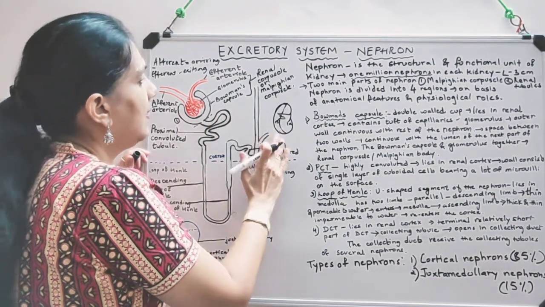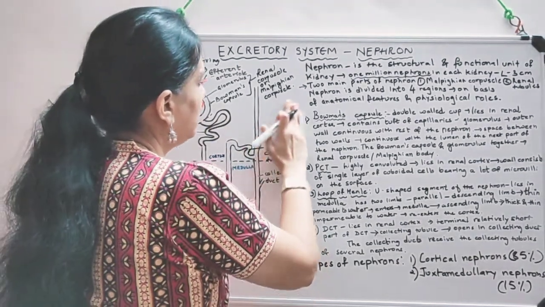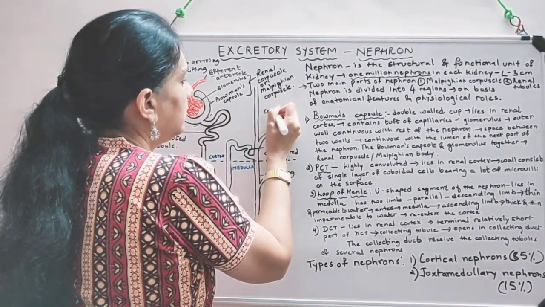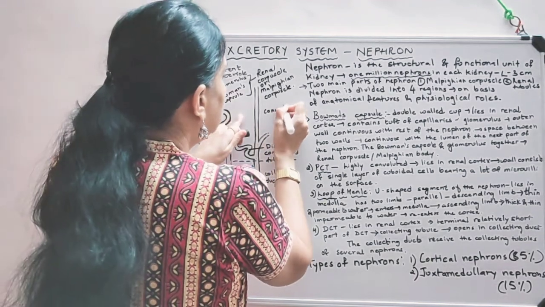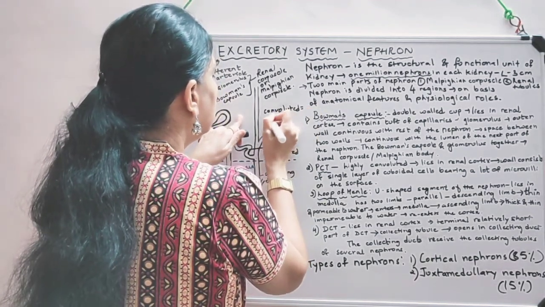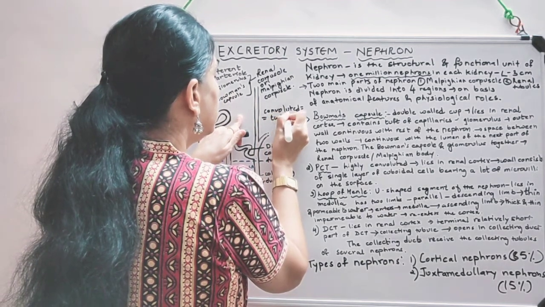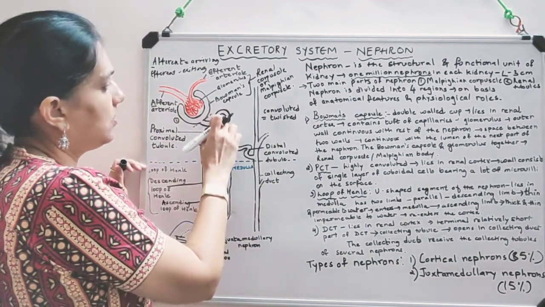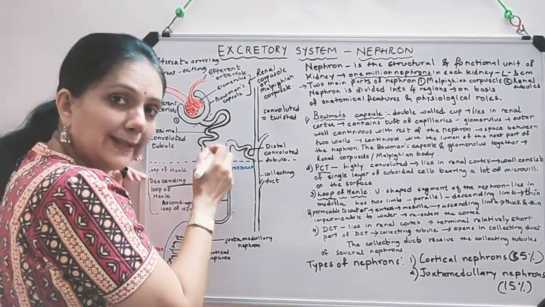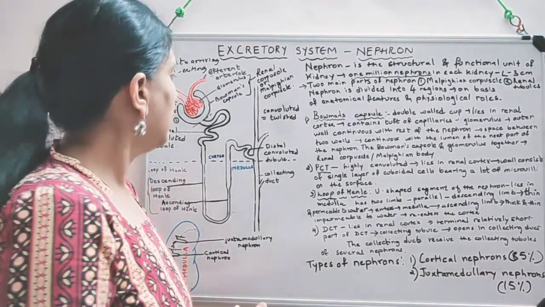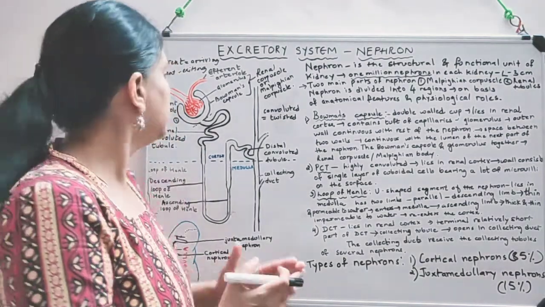So I am writing over here. Convoluted is equal to twisted, highly twisted. So this is convoluted tube-like structure, so tubule, and proximal means the part that is nearer